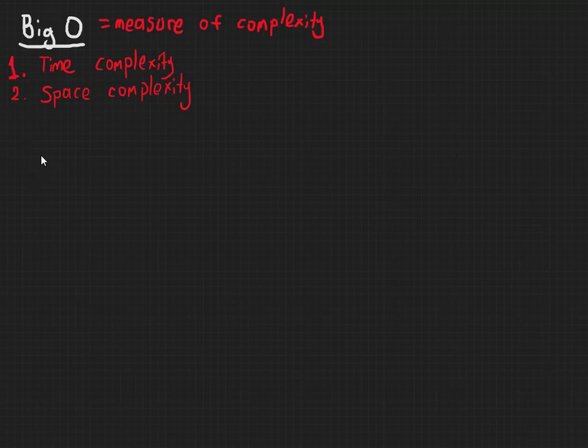What is big O? Big O is a measure of complexity. And complexity is twofold. Number one, time complexity, how fast the algorithm runs. And number two, space complexity, how much space it takes in the memory. So we look at the measure of complexity in a worst scenario, which means in the worst case,